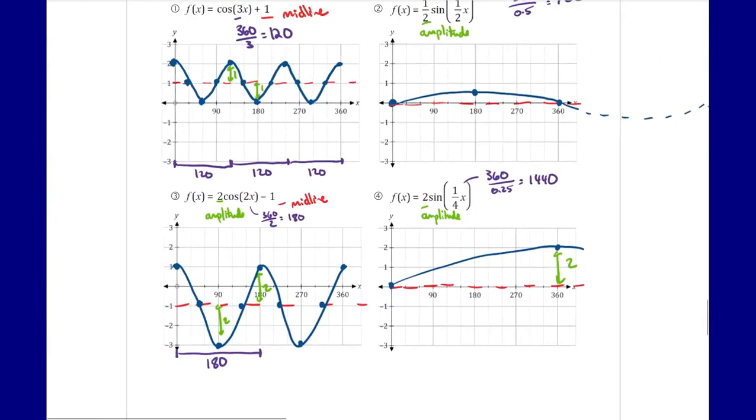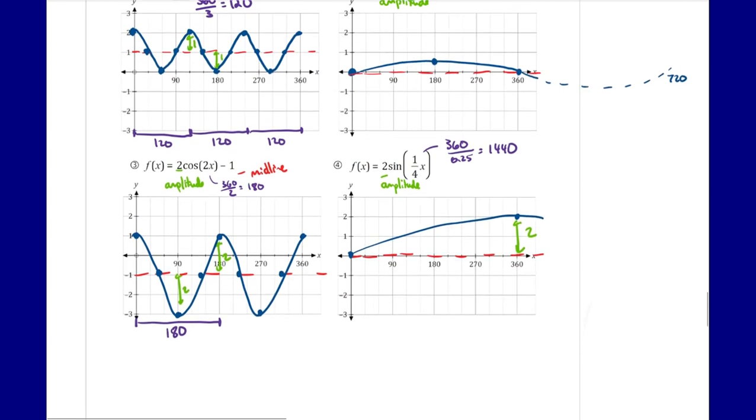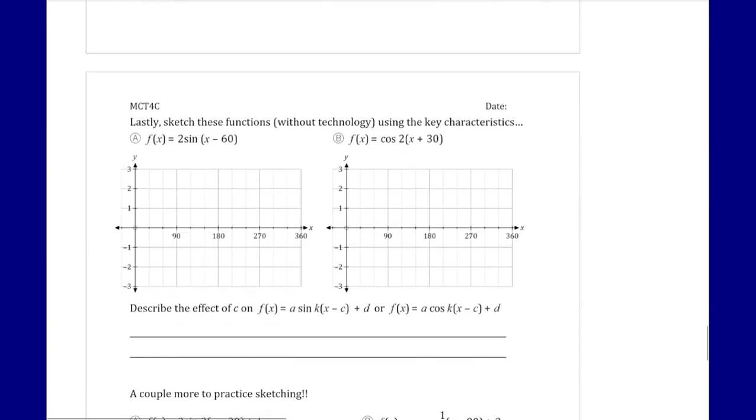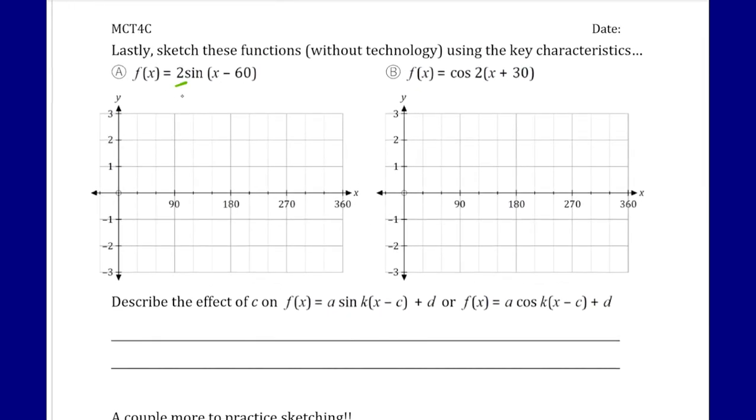And that is those 3 examples, looking at the A, the K, and the D value. We have one last value to look at. And that one we didn't quite see in the Ferris wheel example. But this value is our C value. So if I look at my examples, I have 2, which is my amplitude still. And I have -60. I don't really know what this means. We may remember from last year, but the -60 is actually telling us to shift